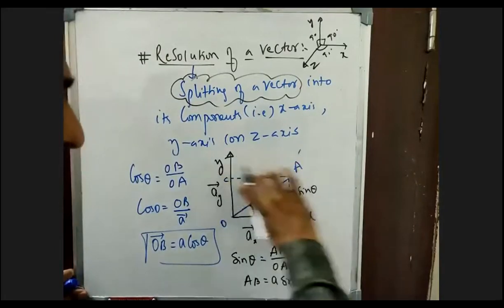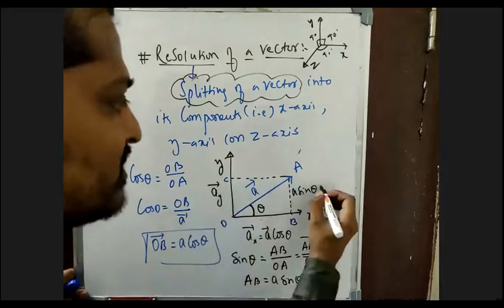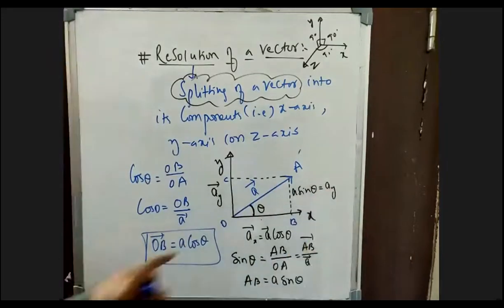So these two are parallel. That means this will be equal to AY. So the vertical component becomes A sin theta and the horizontal component becomes A cos theta. Is that clear for everyone? Rajshekhar is having a doubt. No, sir.